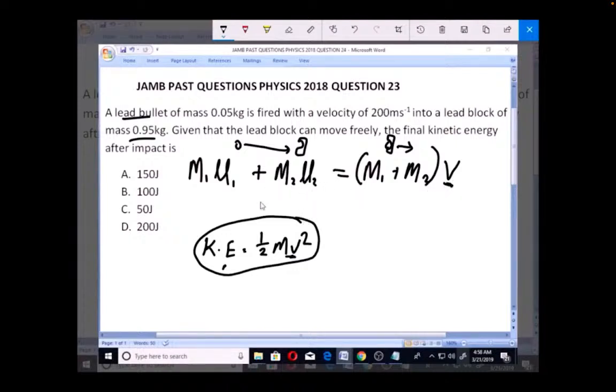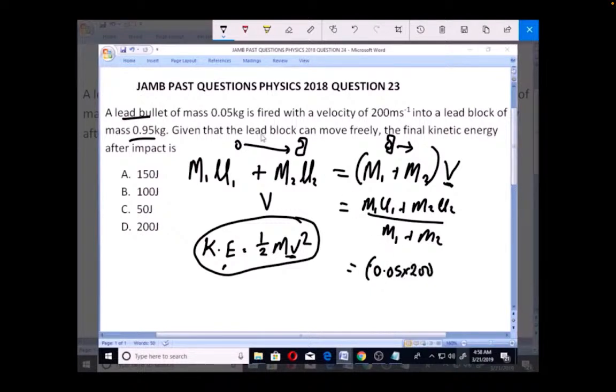So make this V the subject of the formula. We have V equal to M1 U1 plus M2 U2 all over M1 plus M2. So that is V. So with that, we can say that our V is equal to M1, which is 0.05, times U1, which is 200. We are given the initial mass as 0.05, and this is the initial velocity for that. Then plus M2, which is 0.09. This is our M2 here. 0.09 times